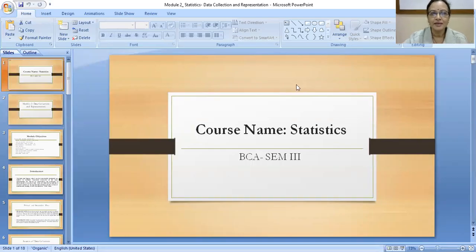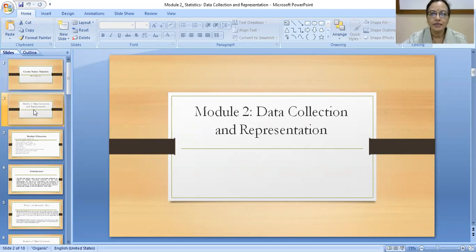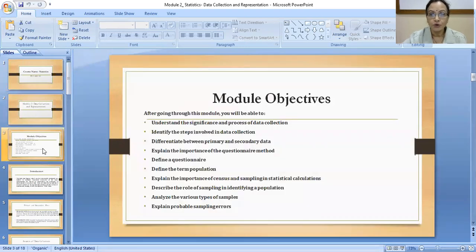Hello friends. Now the second unit we are going to discuss in statistics will be the data collection and representation. So this is our module 2. In this, the module objectives are